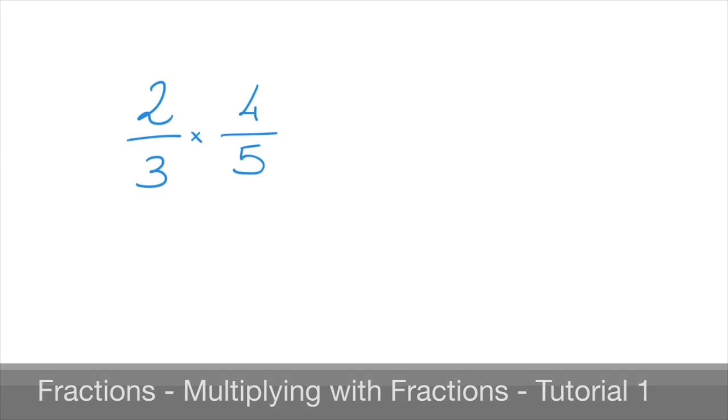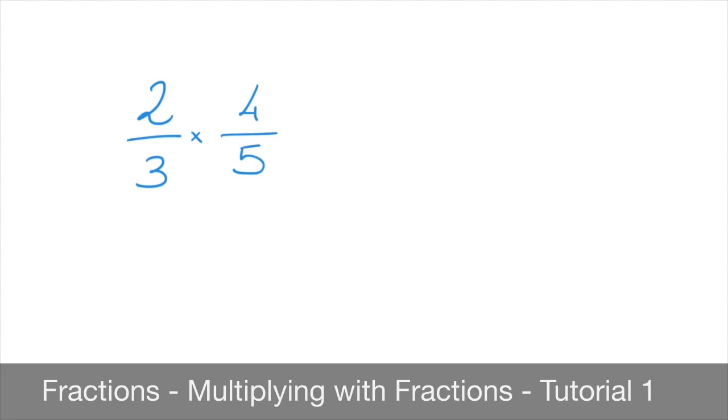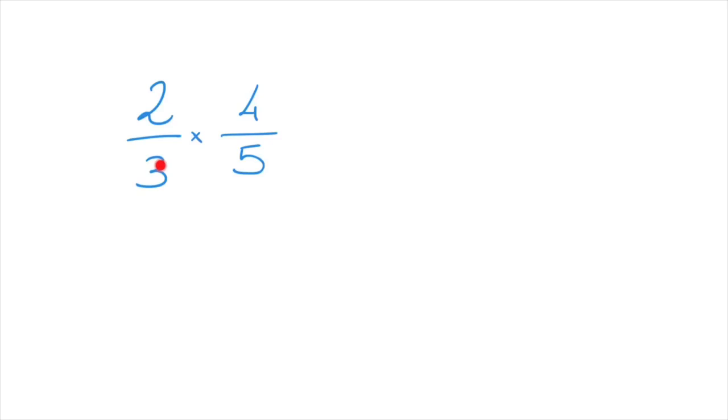In this tutorial, we learn how to multiply with fractions. Now consider the example we see here. We have 2 over 3, or 2/3, which is multiplying 4 over 5, or 4/5. When we multiply two fractions together, all we have to do is multiply their two numerators together, as well as